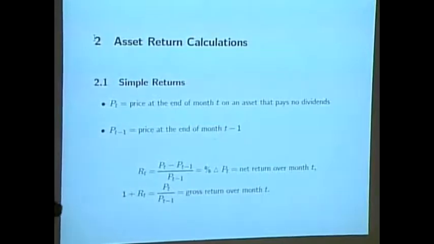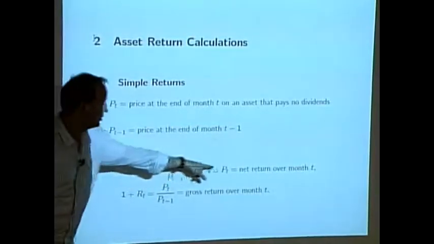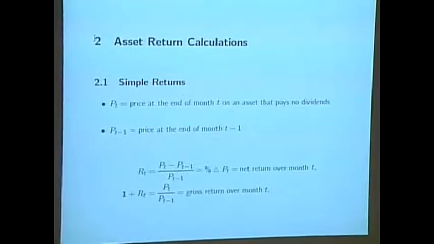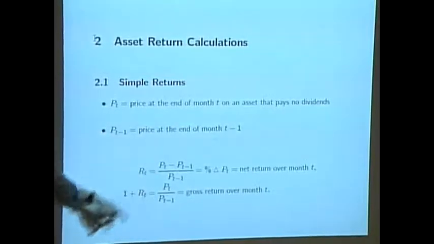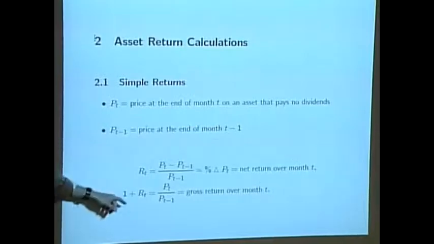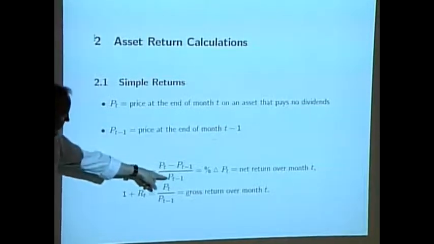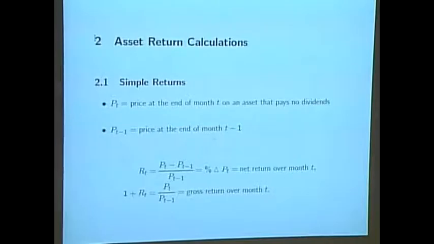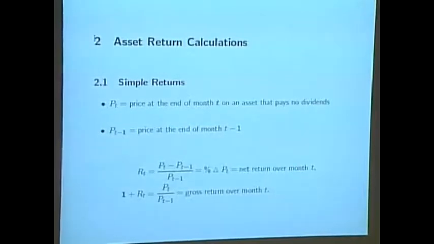So R_t is the 1 month return, the percentage change in price over 1 month. Now we can write this percentage change in price as (P_t minus P_{t-1}) divided by P_{t-1}. That's equal to P_t divided by P_{t-1} minus 1. So we can rearrange this holding period return